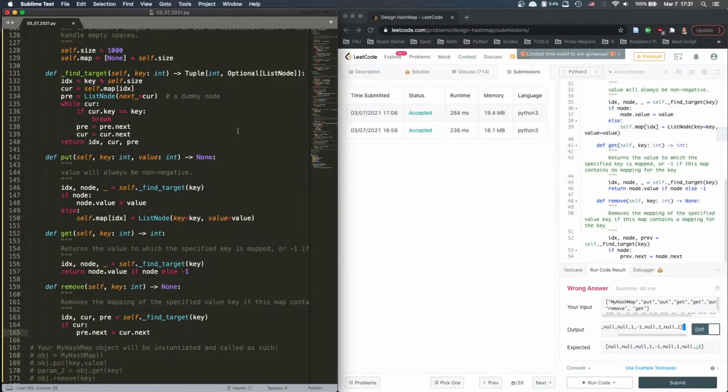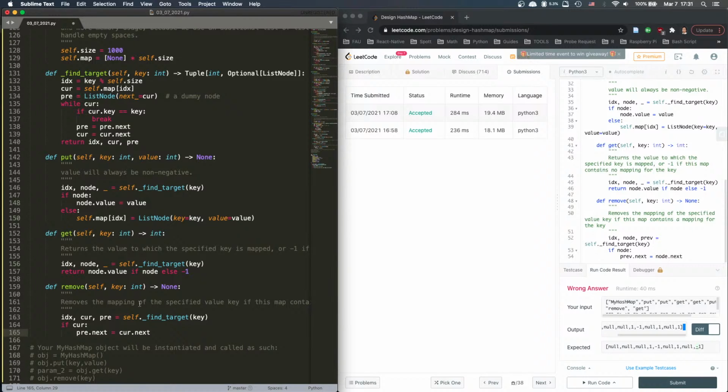I have a dummy node, right? Just for traversing purposes. And then if I delete a node at the end, no issue, right? But at the front, we do have an issue because the head is,